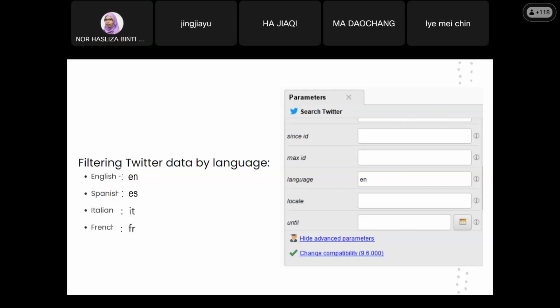Which language do we want to select? Of course, when we use text mining, we try to use the English library. So usually in my class I use English content so that the library can read and translate the content. This one we are not allowed to do anymore because Twitter restricted their policy.